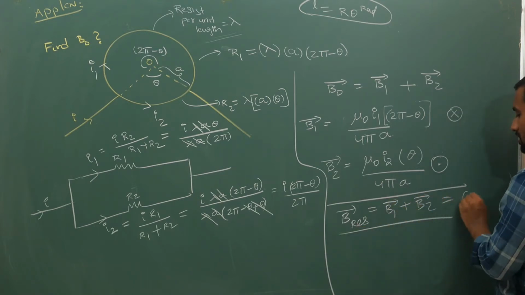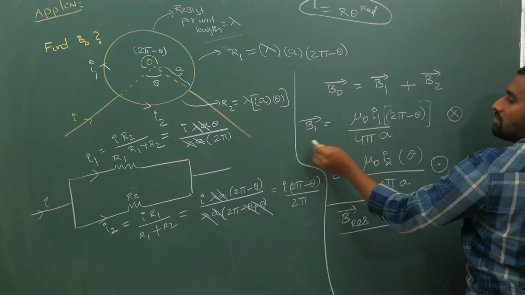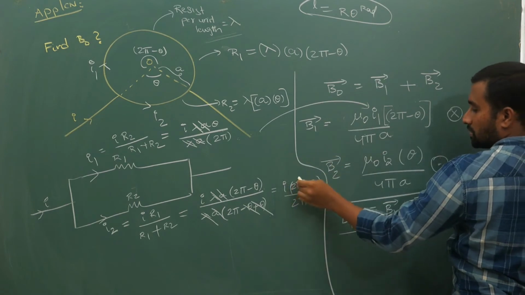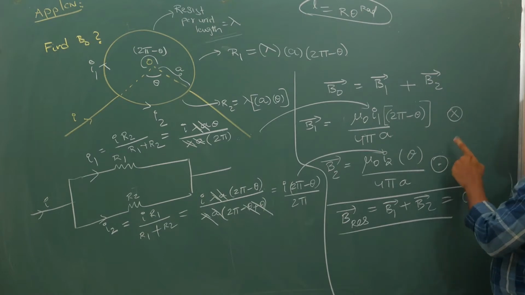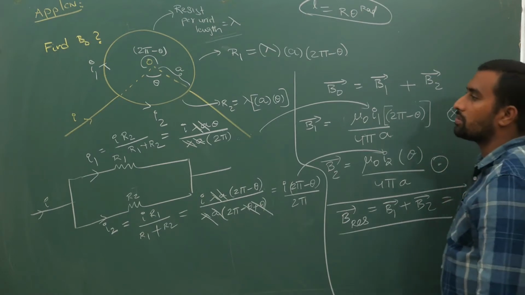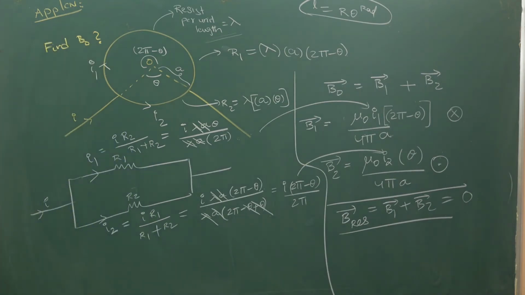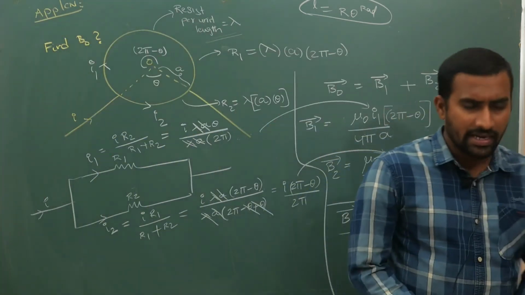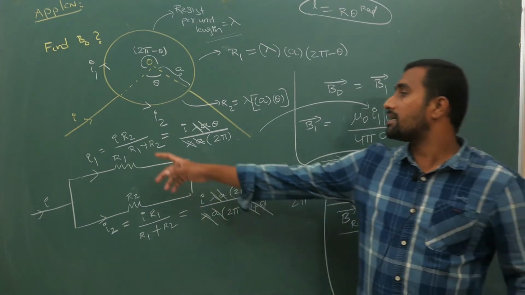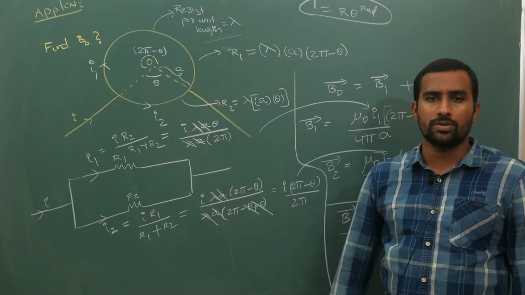So your net is going to become 0, because after you substitute I1 into this equation and I2 into this equation, your fields are equal and opposite in direction. That is why you are going to get your magnetic field equal to 0. Once these relations are known, we can directly conclude that whenever a current is entering like this and leaving like this, automatically your magnetic field at this point is supposed to be 0 at the